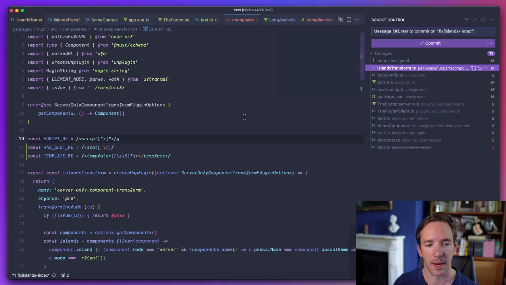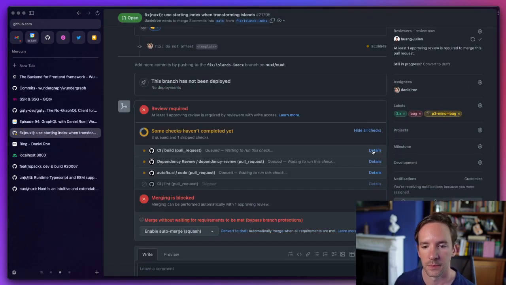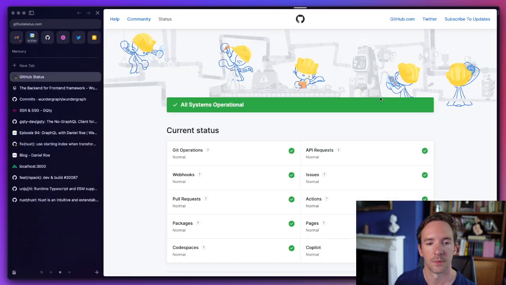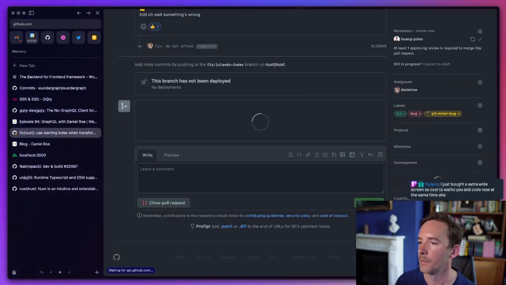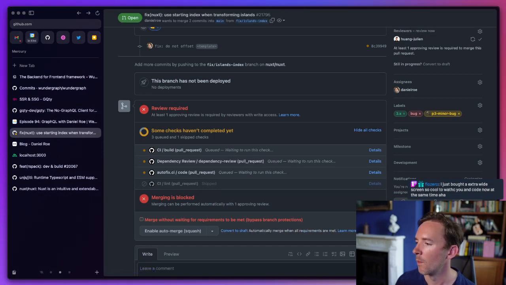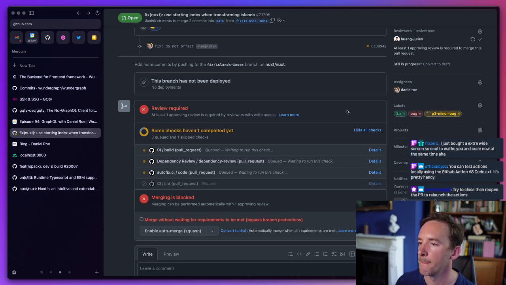Yeah, still. Oh, but I have not saved it. What I really want is to see if the CI is passing. The GitHub Action VS Code extension.